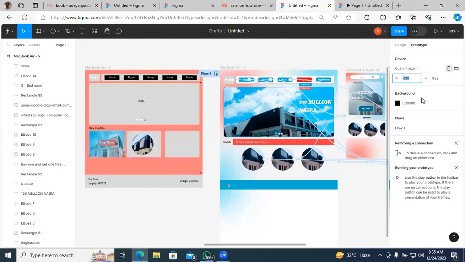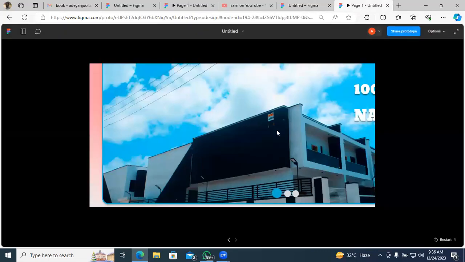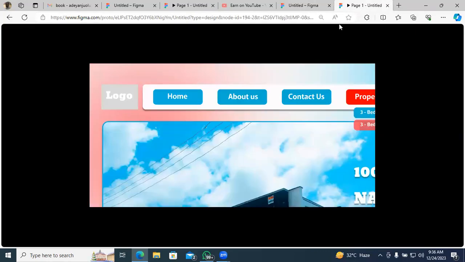Maybe like 4, 5, 6. I'm trying to adjust it. Maybe I could reshape it, because that's not the real size of it.